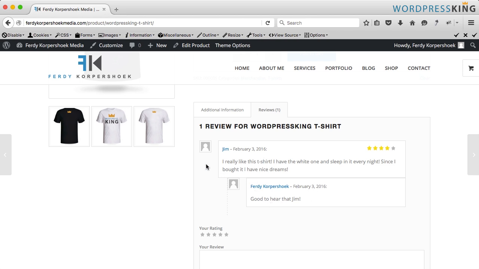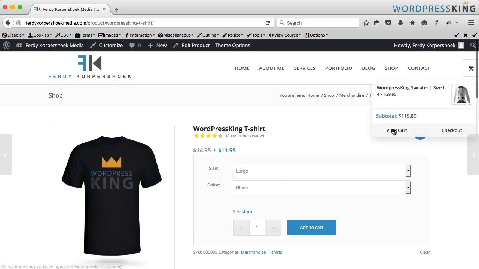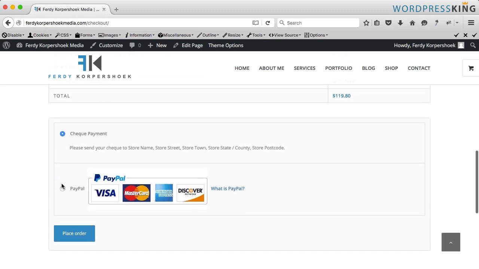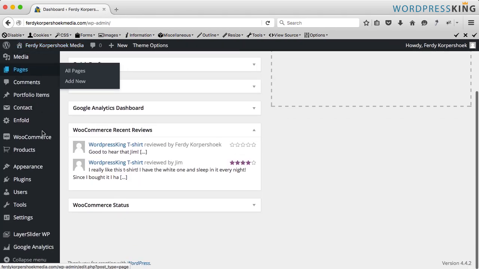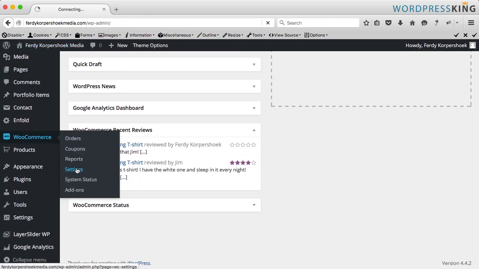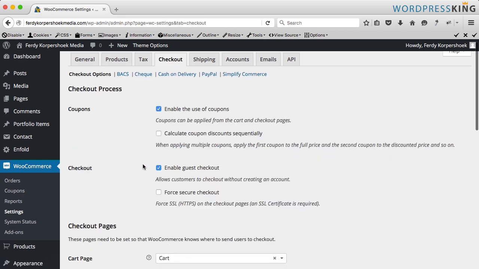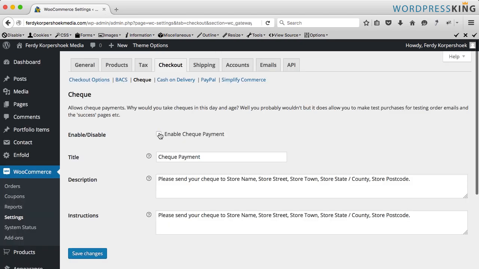That's how it works. Let's add a payment method, because if I go to the checkout, I can choose check payment or PayPal. So go to the back end of the website, go to WooCommerce, settings, and go to checkout. Now there are a lot of options to pay with, and I only want to use PayPal and credit card. I go to check payment and I enable this. Uncheck enable, save it,